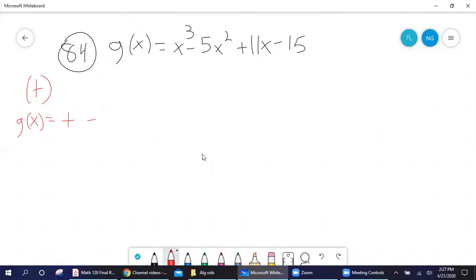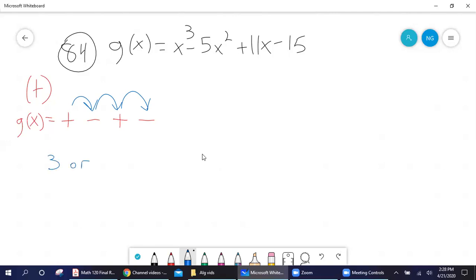The second term is negative. The third term is positive, and the fourth term is negative. I count how many times the sign changes from one to the other. 1 change, 2 changes, 3 changes. That means my possible number of positives is 3,